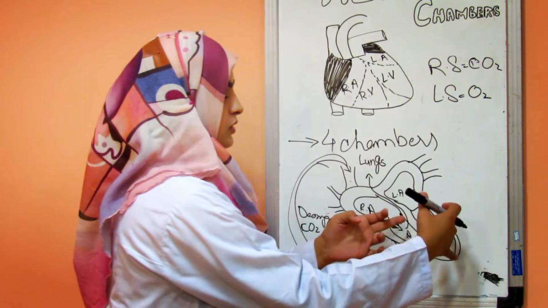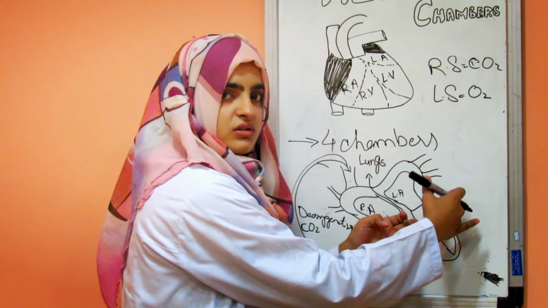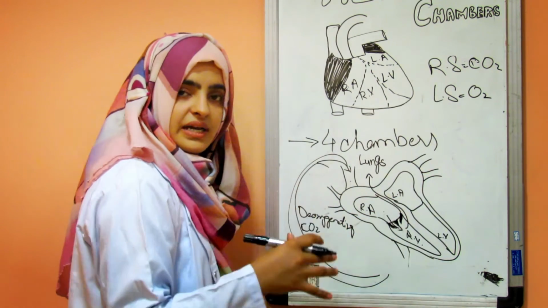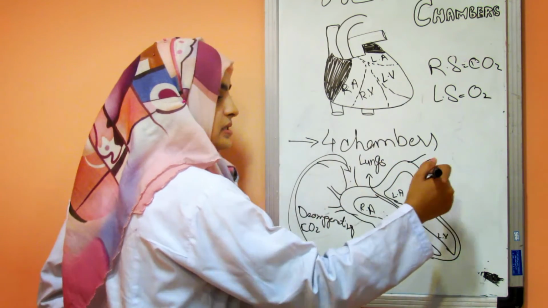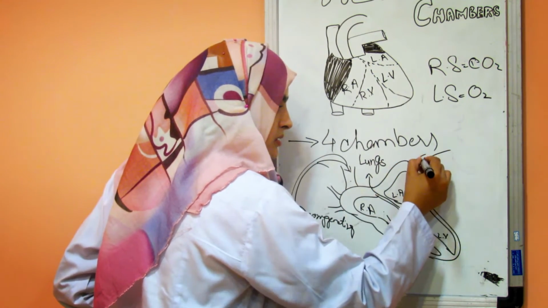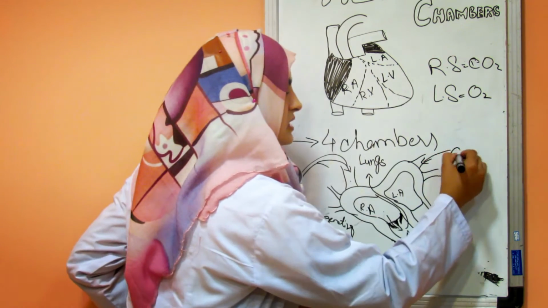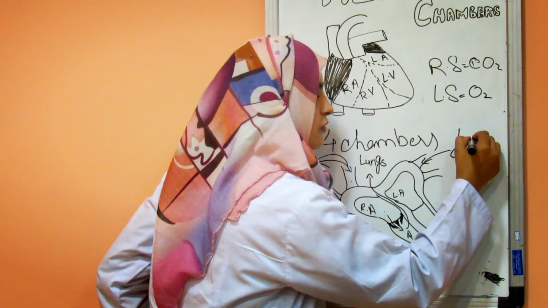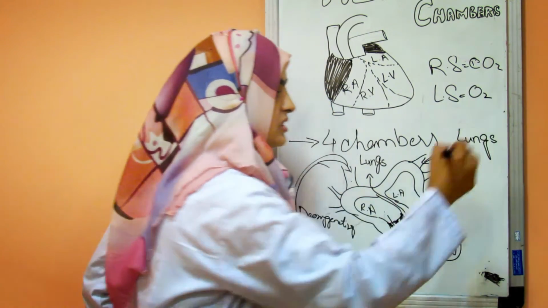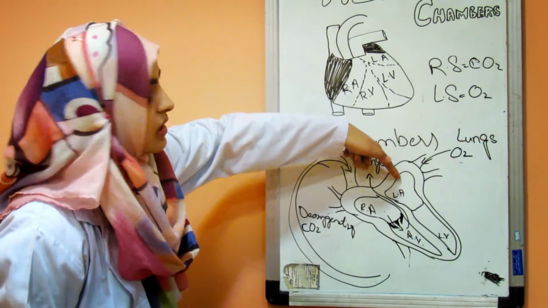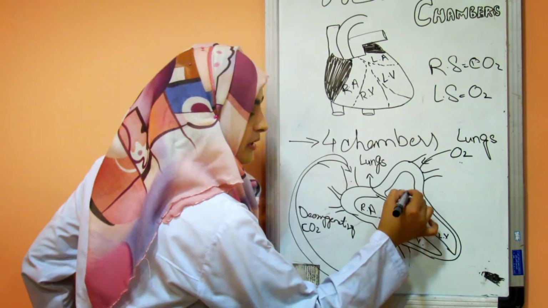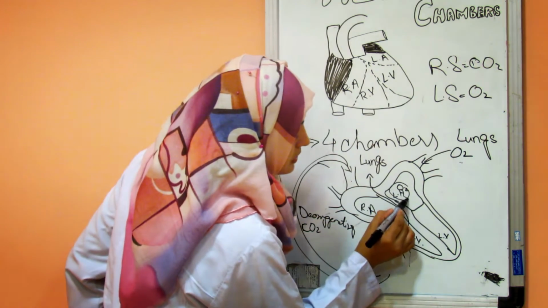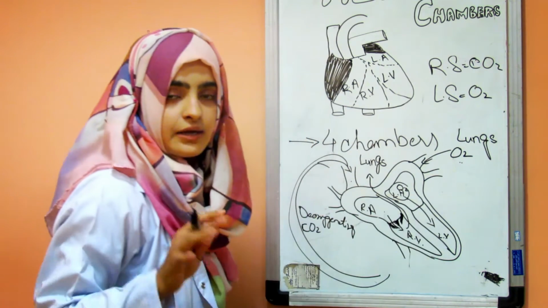Now we will go to the left side of the heart, which carries oxygenated blood, which is more important to our body. Blood enters the left side through different veins. Different veins carry oxygenated blood from the lungs. This oxygenated blood comes from the lungs into the left atria. The left atria has the oxygenated blood. This oxygenated blood now goes into the left ventricle, also through a valve.